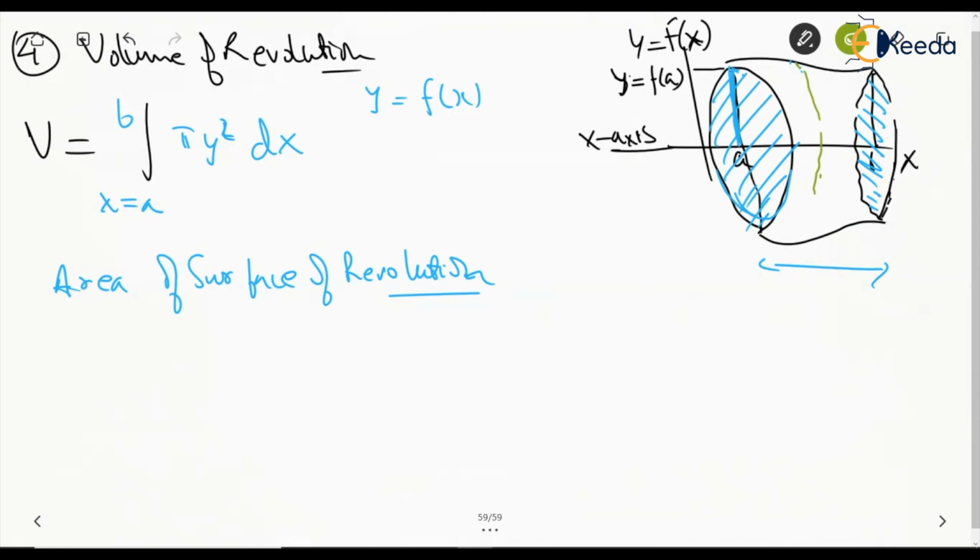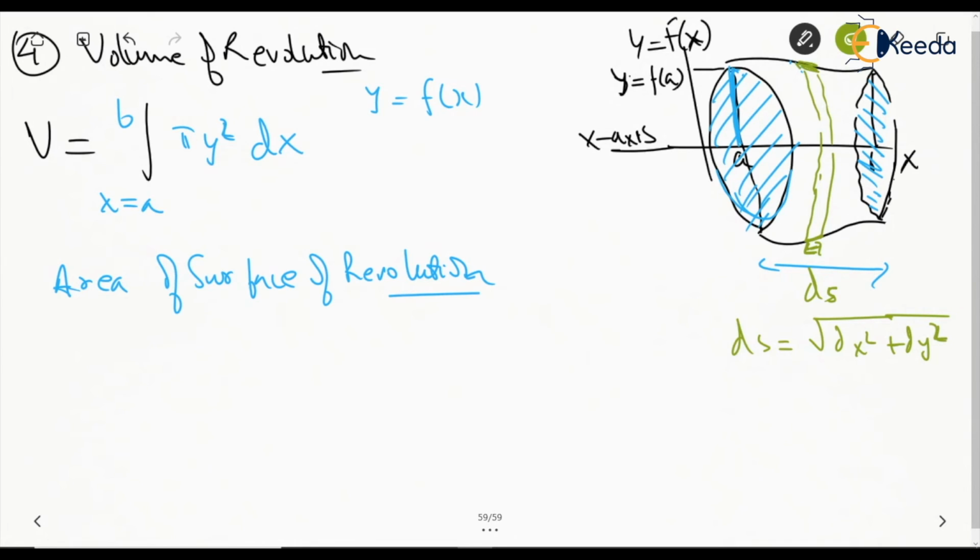Let's say we are taking a small portion of this with the thickness, this thickness is nothing but ds, and we also know that this thickness is nothing but the length of this curve, right? If this is the curve, this is nothing but the length of this curve, and this ds can be found as ds is equal to under root of dx square plus dy square,